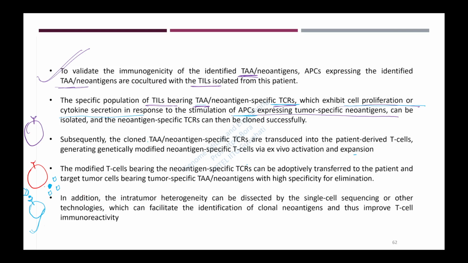Okay, so subsequently the cloned TAA neoantigen specific TCRs are transduced into patient derived T cells, generating genetically modified neoantigen specific T cells via ex vivo activation and expansion. Okay. So the modified T cells bearing the neoantigen specific TCRs can be adoptively transferred to the patient and target tumor cells bearing the tumor specific neoantigen with high specificity for elimination. Okay. So this is the, so let's